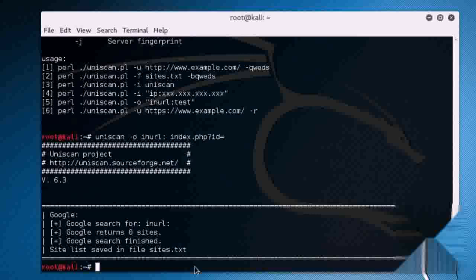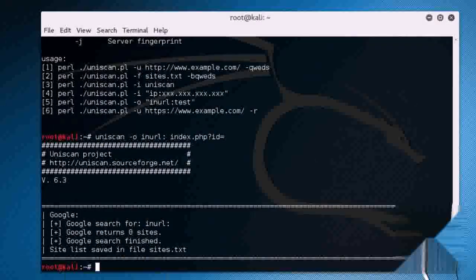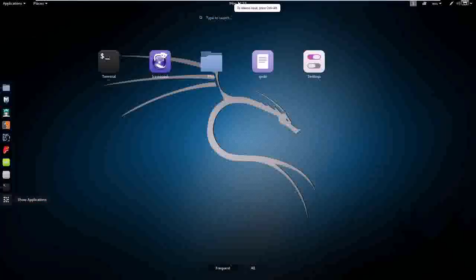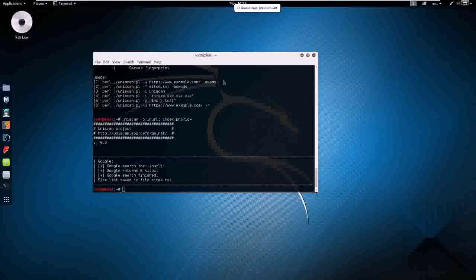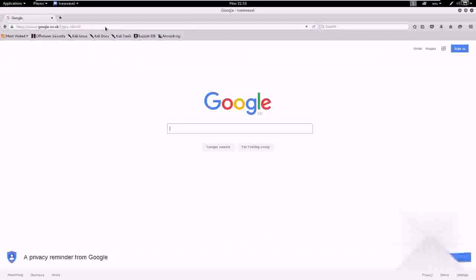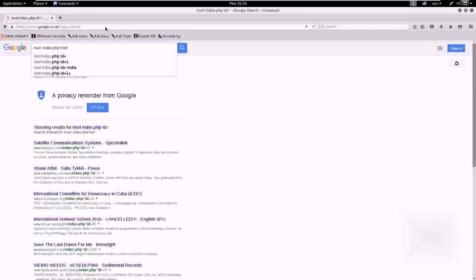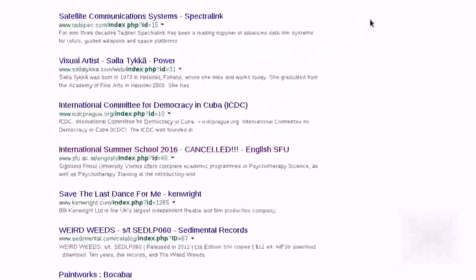So let's just talk about what a doc is. So a doc is a specific search term. So actually, why don't we just do this in Kali? Why do I always need to go to my Windows machine? Let's stay in Kali. So I just go to Iceweasel here, and I'll head over to Google. So it does work in Google, but basically this is a search term, so I can put in inurl, so that means to look inside of the URL for index.php?id=. And you can see that it's returned a bunch of websites,